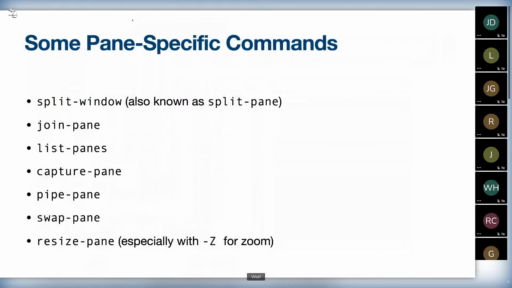Split window, which should be called split pane and has an alias for that. Join pane, list panes, capture pane. That's a thing that lets you collect the entire contents of a pane into a paste buffer. We're going to talk about that in a little bit. Pipe pane lets you send the contents of a pane into a command or file. Swap pane lets you switch within a window or even between 2 windows, because you can target different sessions, different windows, different whatever. And resize pane, you're actually going to do resize pane all the time, because